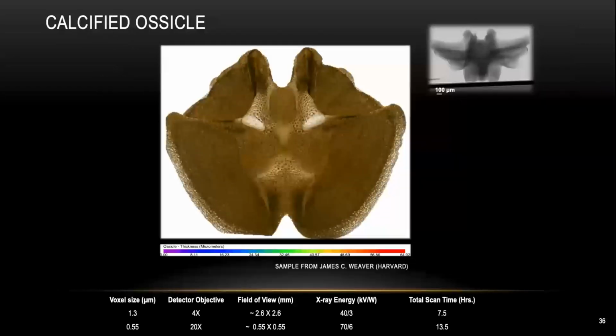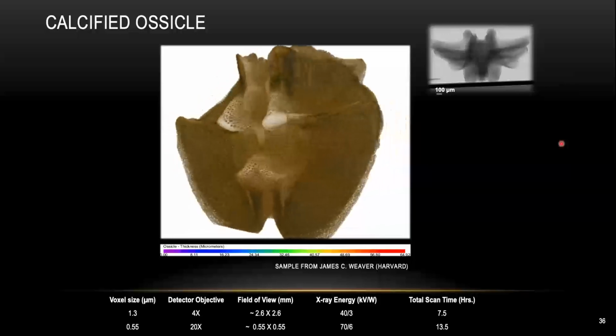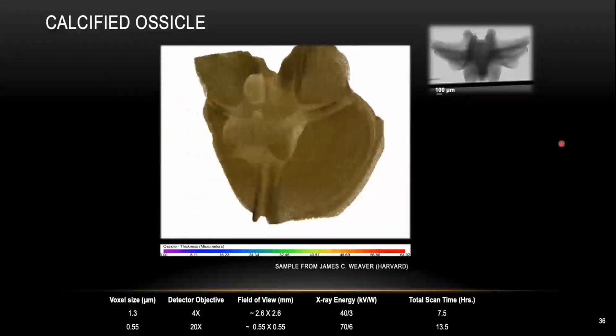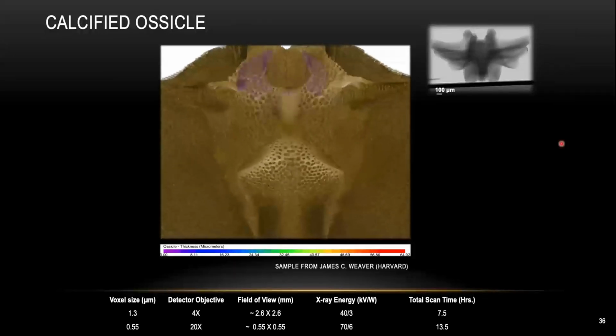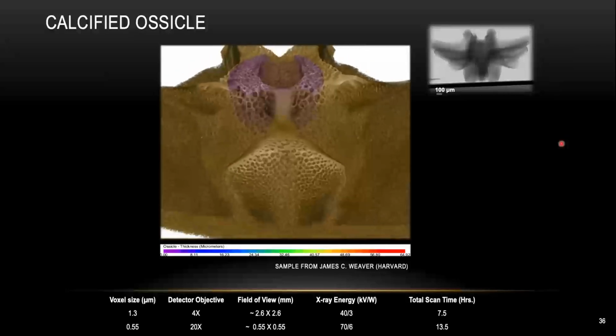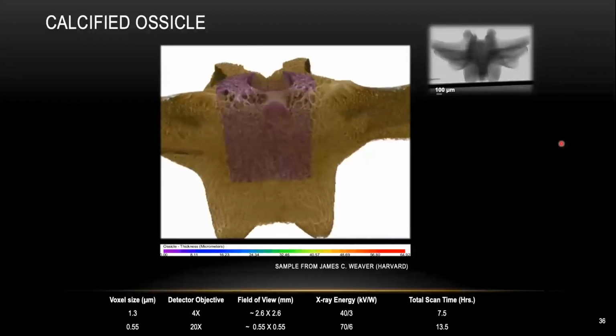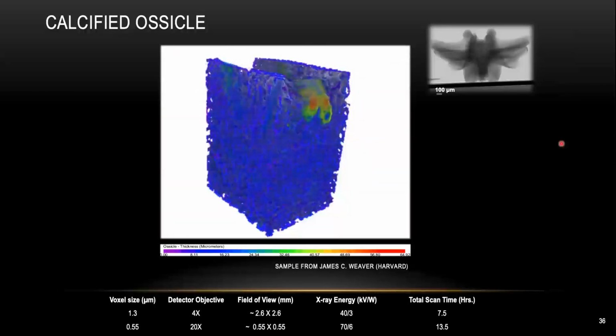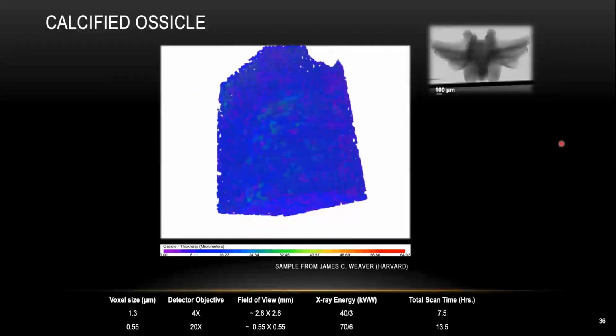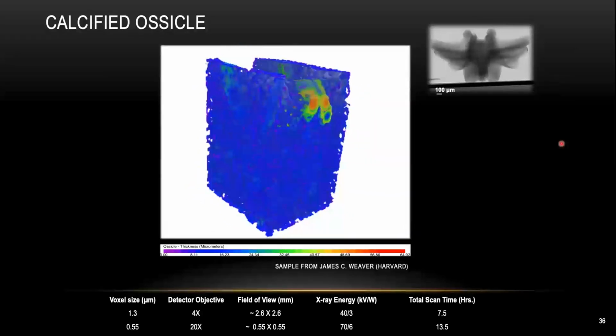The 3D data can also be used to create animation. The sample is a calcified osco from one of our users here. The sample size is about a couple of millimeters in the horizontal direction. We did two micro CT scans. The first scan used lower resolution, about 1.3 microns per voxel. Once the lower resolution scan is done, we zoom into a certain region right in the middle and perform much higher resolution scanning. Now each voxel is about 515 nanometers. From the high resolution data set, we can do some kind of data analysis. For this data, we try to find out the thickness at different regions.